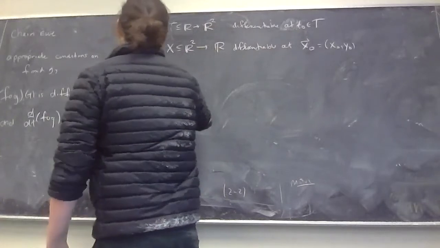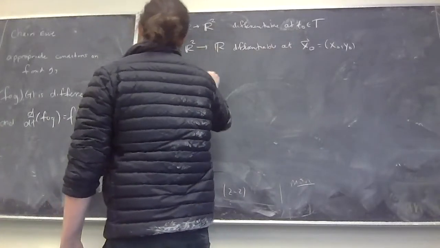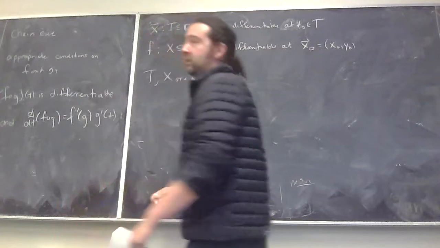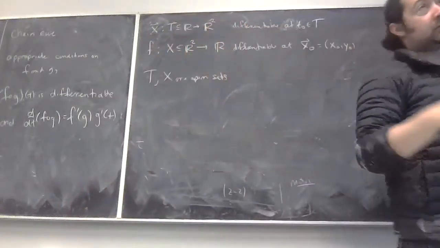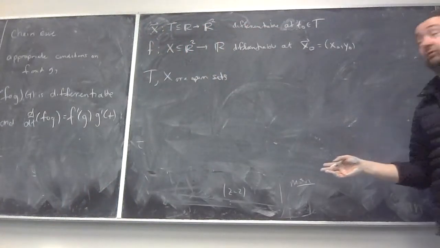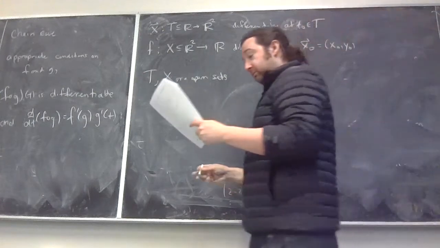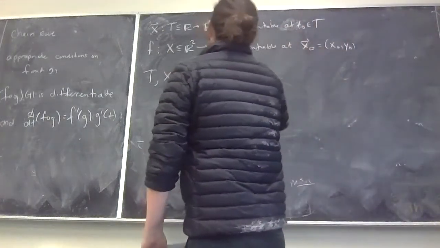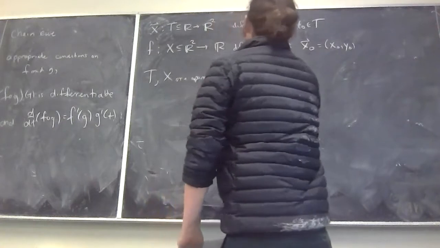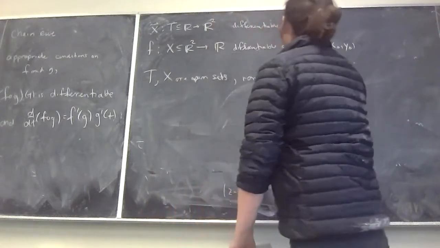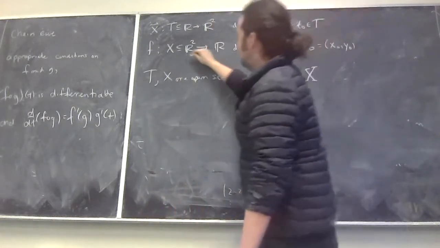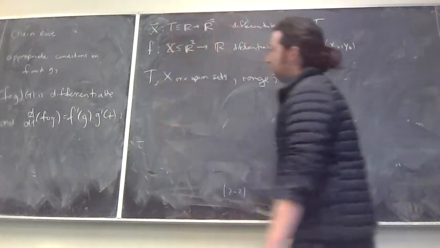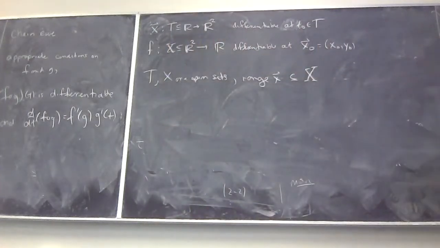T and X are open sets because differentiability doesn't make sense on the boundary of anything. If you need something to be differentiable, you stay away from the boundary. And let's make sure that the range of the function x is contained in the set X. That's the domain of f. So once you have all that set up,